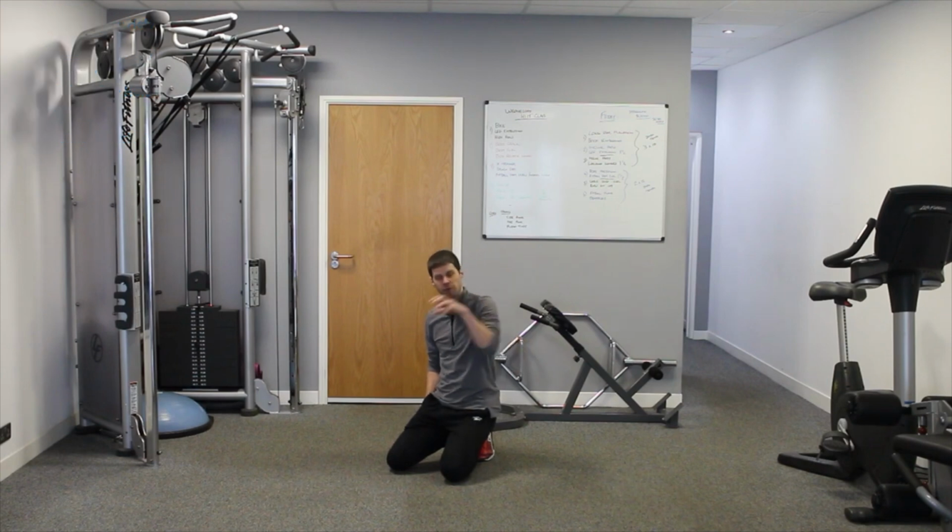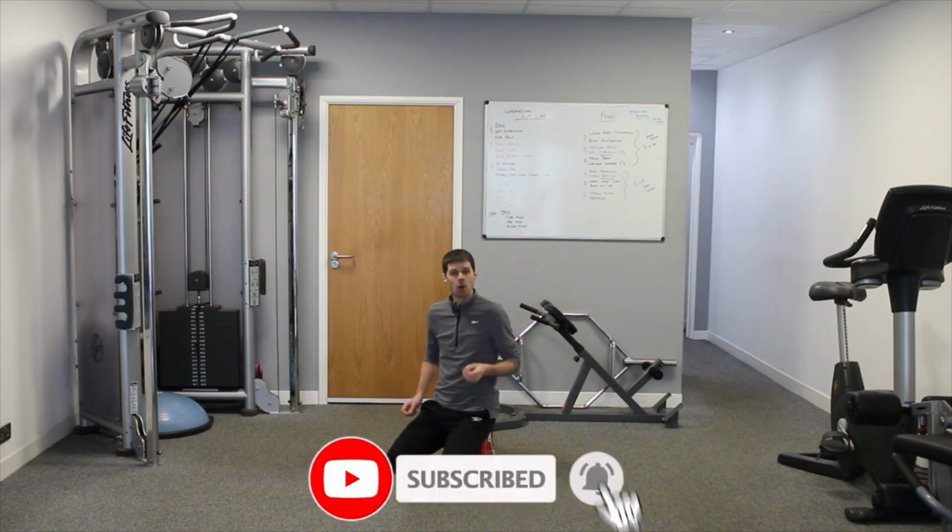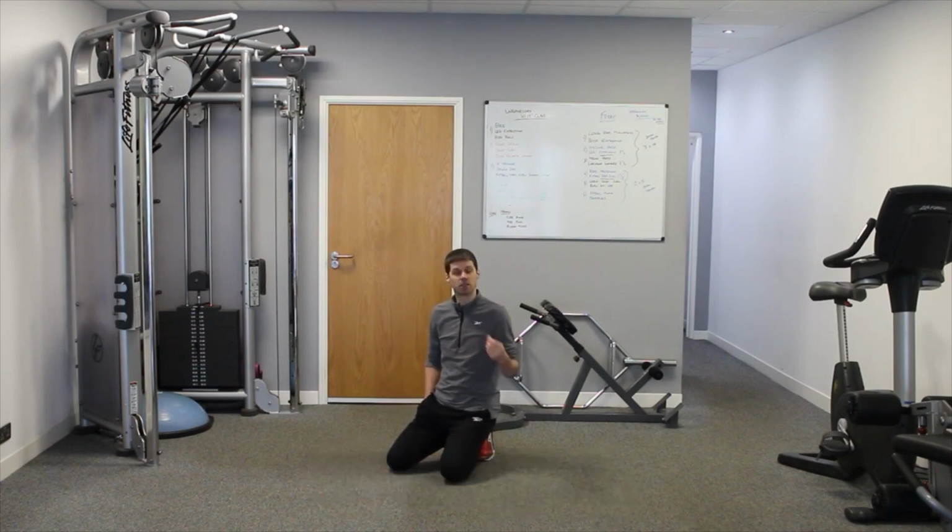trigger for these exercises to work, because you will always have an underlying trigger. Now, what do I mean by trigger? Now, if you sit at your desk and you're sat there for 15-20 minutes and then all this just starts tightening up around your lower back and it all just gets very painful, you may get some benefit from doing these exercises, but it's not necessarily going to reduce your pain and eliminate your pain. We have to address the sitting at the desk first and remove that trigger, because it could be